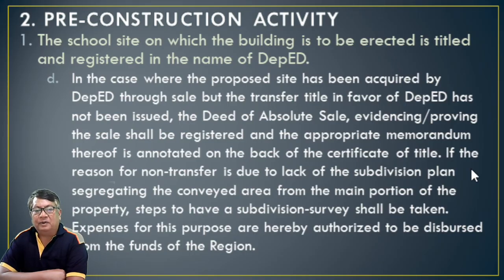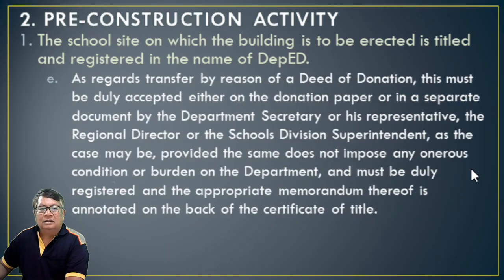If the reason for non-transfer is due to lack of a subdivision plan segregating the conveyed area from the main portion of the property, steps to have the subdivision survey shall be taken. Okay, so again, the survey here will be done by the DPWH or any government agency or by private surveyors, no? Okay, so letter E,